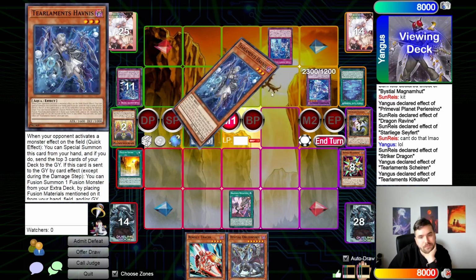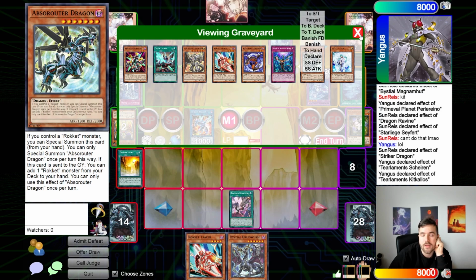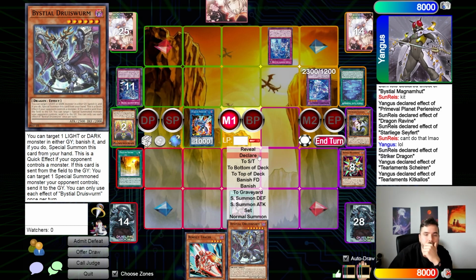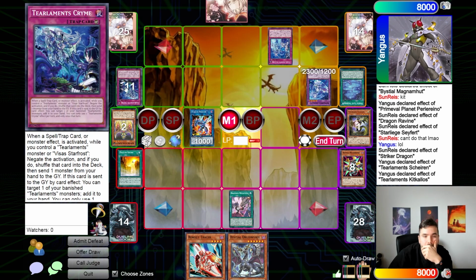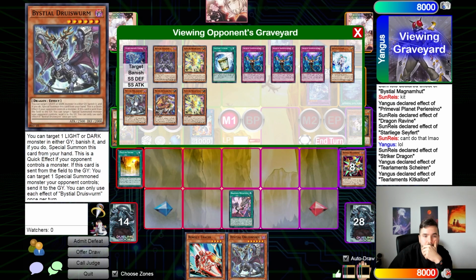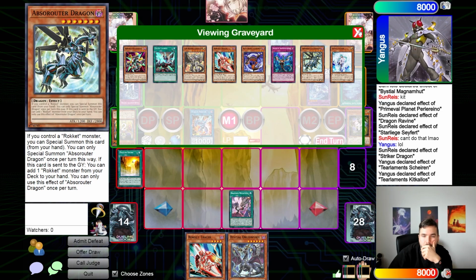Definitely a misplay. Search Hafness here. That would have been a free body, and that would have been insanely good for us. Let's see what we want to banish from them. We can still go into a Dark. So I'd rather not banish the Serenia. Let's banish the Tracer, so we have a...